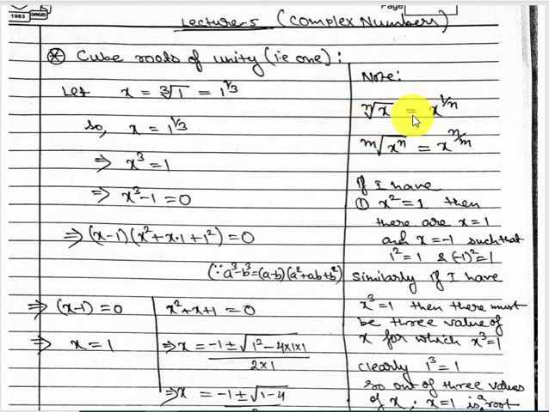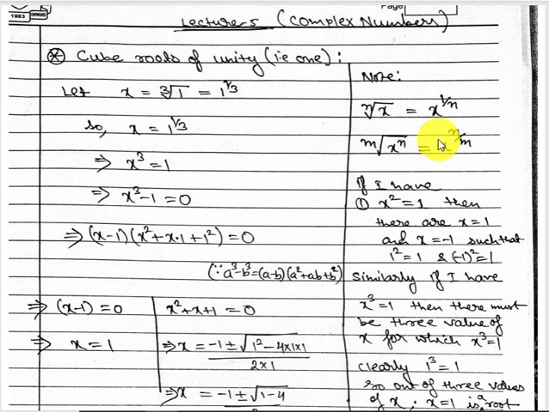x. In exponential form you can write x to the power 1 by n. When it's written m and then the symbol, and under that symbol you have x to the power n, then that means x to the power n upon m. Whatever is written here outside, in this gap, is always written in the denominator. So you should remember these things.